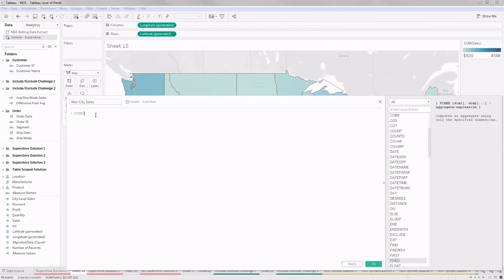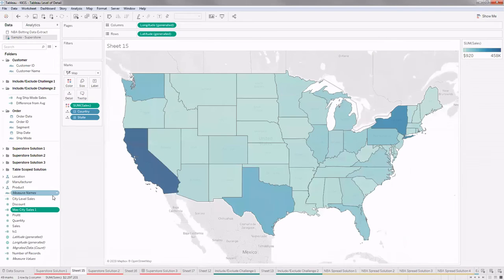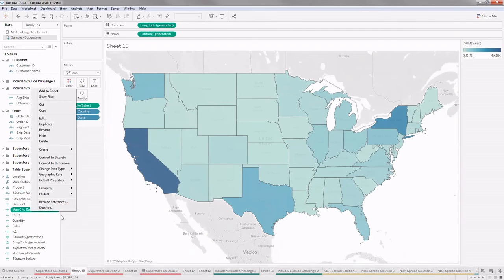So therefore, fixed state, give me a maximum of my earlier calculation, which is city level sales. So this will give me the sales value for the city which has maximum sales in every state. Maximum. Once I created this, now I'll use this particular calculation to get me the name of the city.